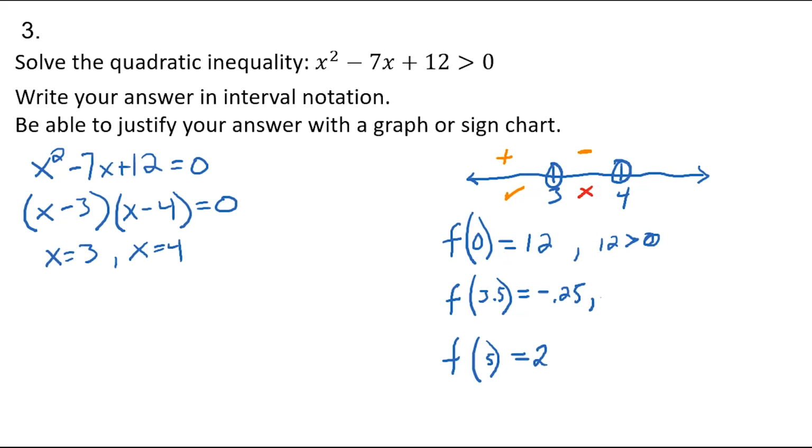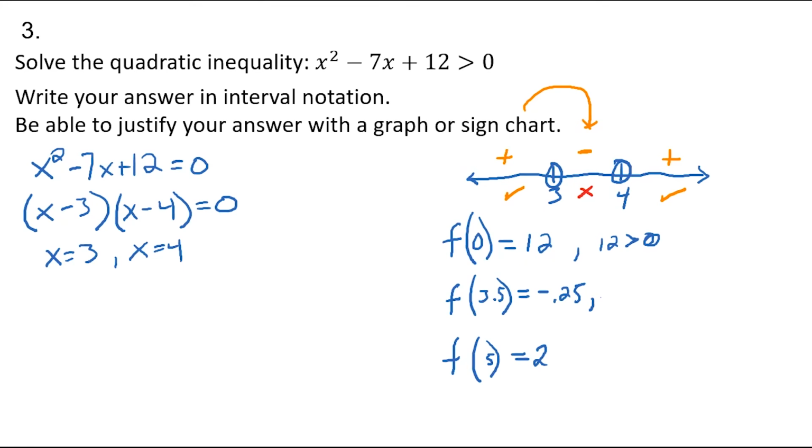Since I get a positive value, any number that I pick in this interval will be positive, and that's what we want. So that's the approach if I was doing a sign chart. But if I'm doing a graph,